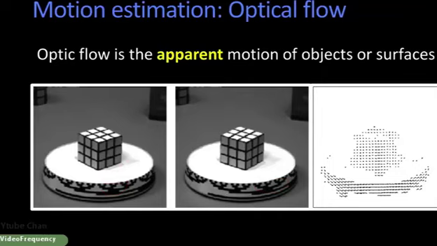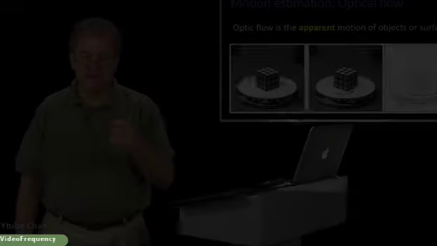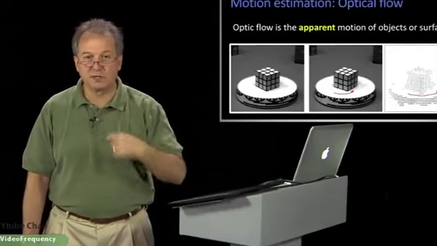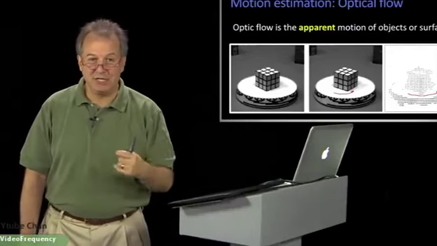Now, what's a little bit hard to see is that over here are these little arrows that are showing you the motion. And of course, the motion is greater in the front of the turntable than, say, on the cube because it's closer to you and it's rotating a further distance. But you'll notice that there are no arrows up here, right, on the white part of the turntable. Now, it's moving exactly the same way as the part of the turntable that has the markings on it, but you can't see it. There's no apparent motion because there's no contrast, there's no texture, there's no indication that the